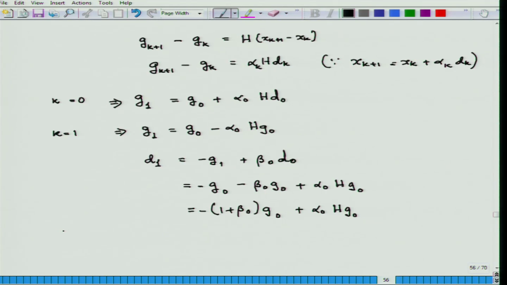So, g1 and d1 are linear combinations of this. D1 and g1 are linear combinations of g0 and H g0. Now, I leave it as homework to prove. Now, what we will have here is S